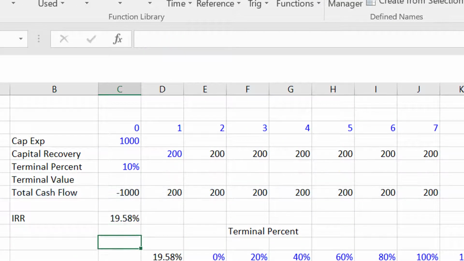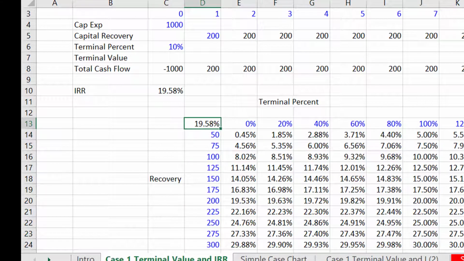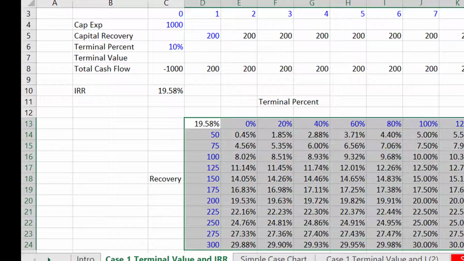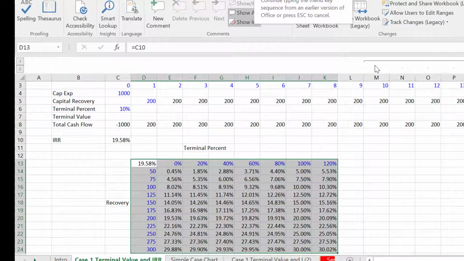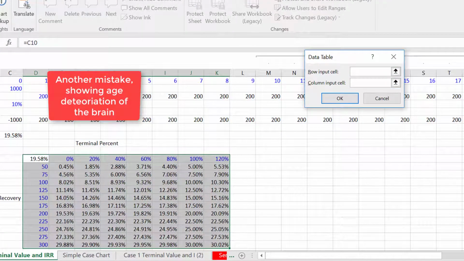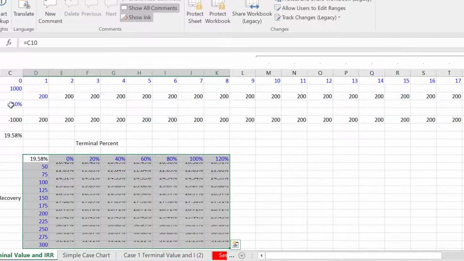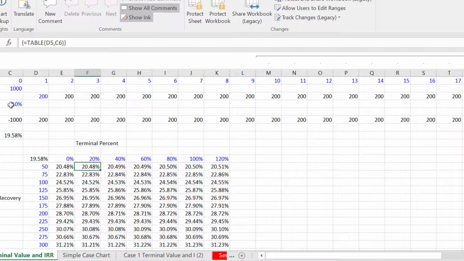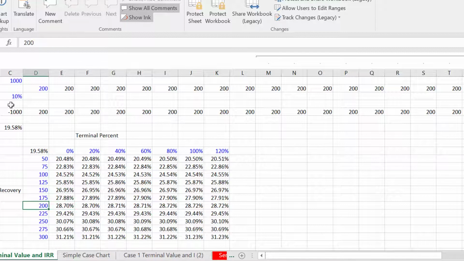Lazy. And then we make a data table. Okay? Shift Control. And then if you go Alt DT, and then the column input, let's put the column input as this little thing here, and then the row input as the terminal percent, and then we get our kind of data table, and here's what it shows,